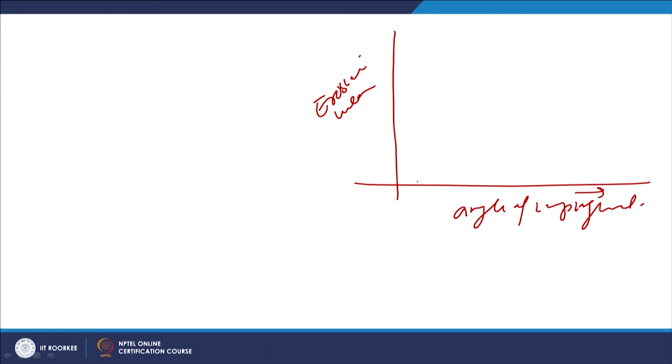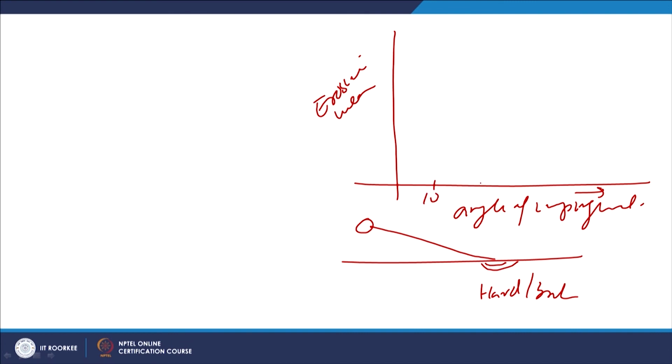In this case at low angle, if the material is hard and brittle, with low angle of impingement there is not much depth of penetration, not much scratching, so the wear rate is less. Like say 10, 30, 50, 70, 90 degree of angle of impingement. So, limited depth of indentation, very little wear, and therefore we get a very low wear rate.